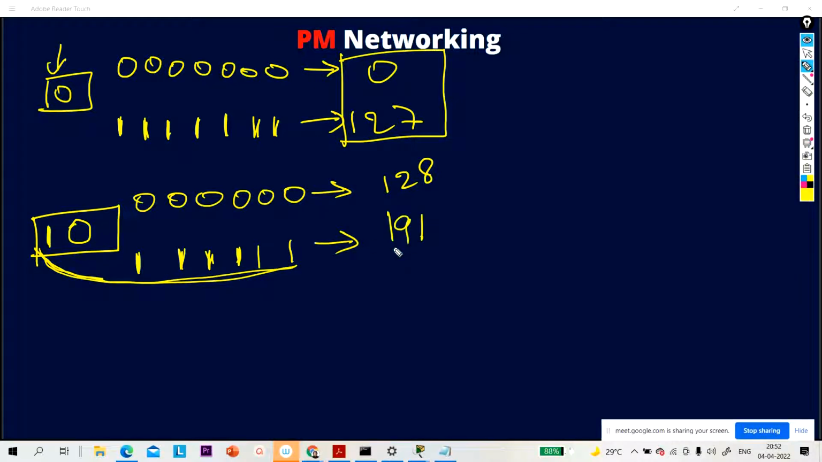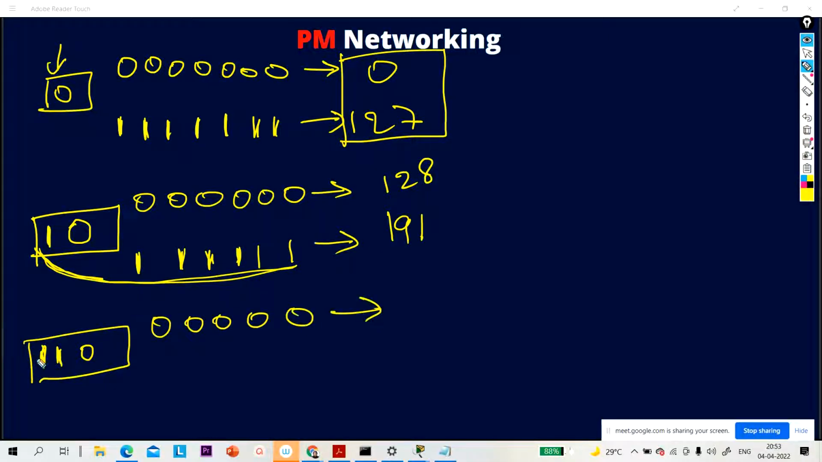In the same way, for class C there are 3 bits reserved: 1, 1 and 0. So how many bits are left? 5. If I put 5 zeros, I get 128 plus 64, which is 192. And if I put all 1s over here, 5 times 1, then I will get